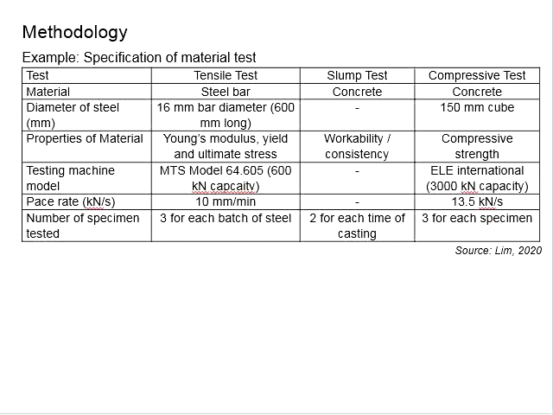Therefore, you will need to test the Y16 bar from the same batch of the steel which you acquire from the supplier. This 600 mm length represents the sample size which you use for the tensile test. And the properties that you can acquire from the tensile test include the Young's modulus, yield stress, and the ultimate stress. You need to provide the models and the brand of the testing machines that you use to conduct the tensile tests. Clearly specify the brand,